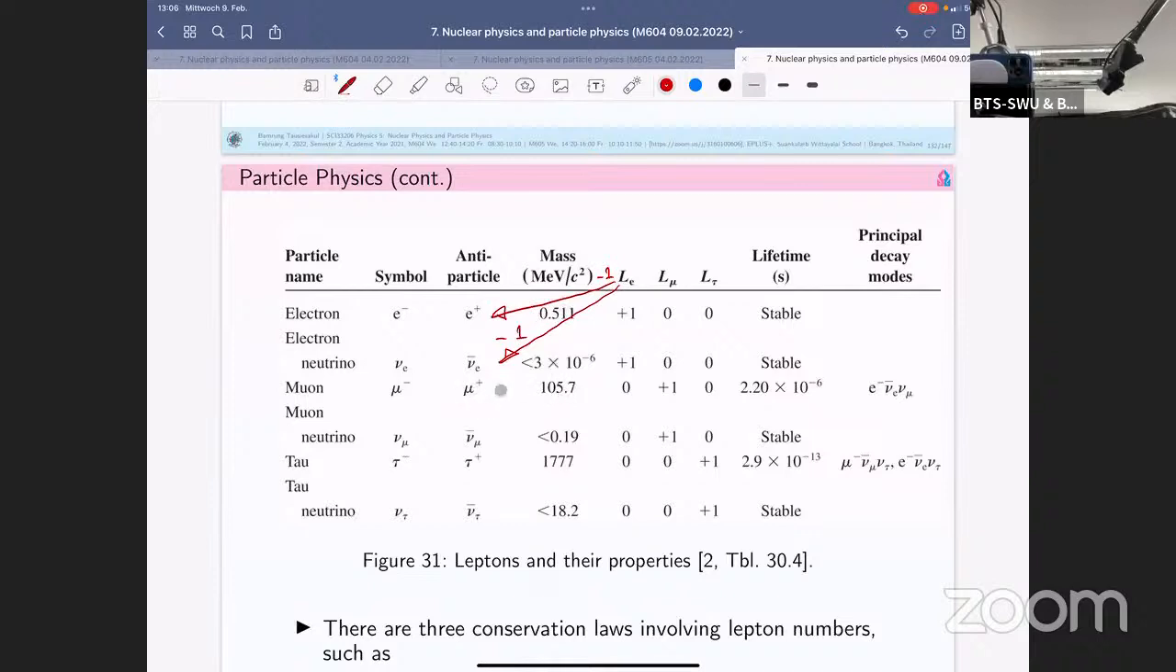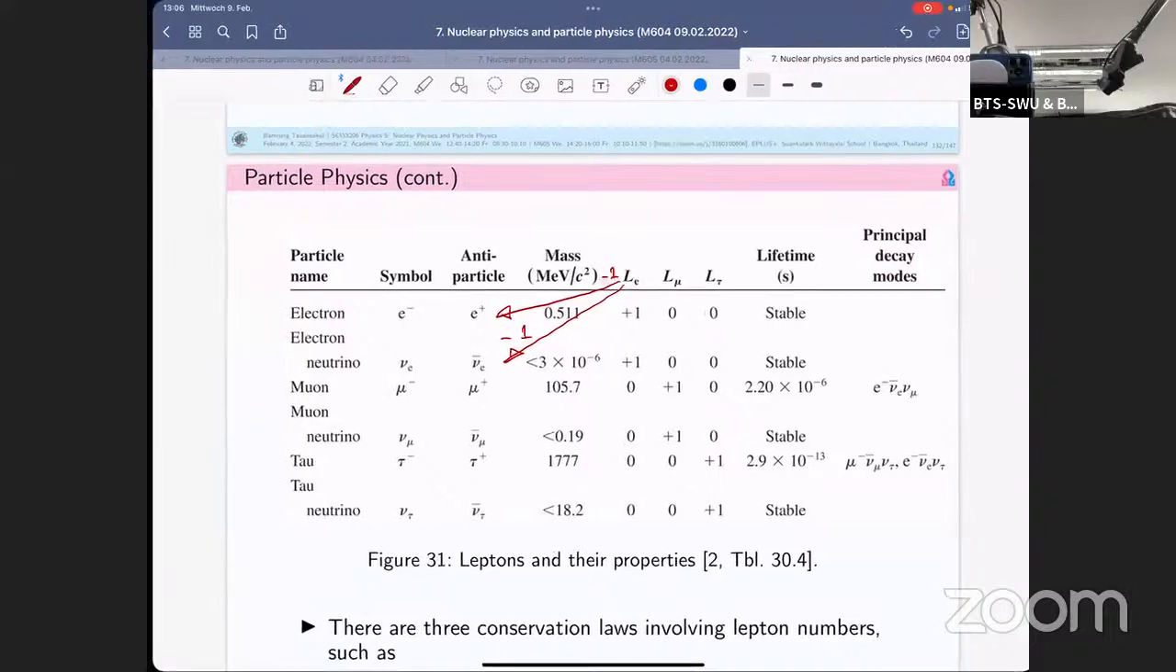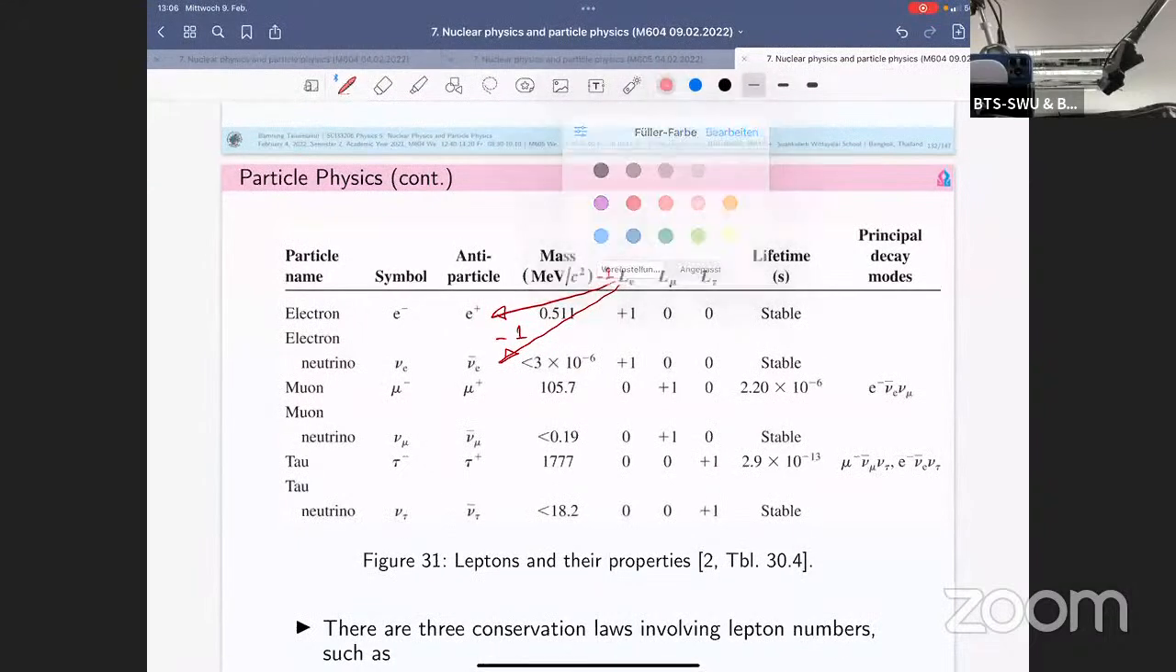And the same as the positive muon, also known as anti-muon. The anti-muon has 0 electron lepton number, and for the muon lepton number, the muon has the muon lepton number as number 1, and for the